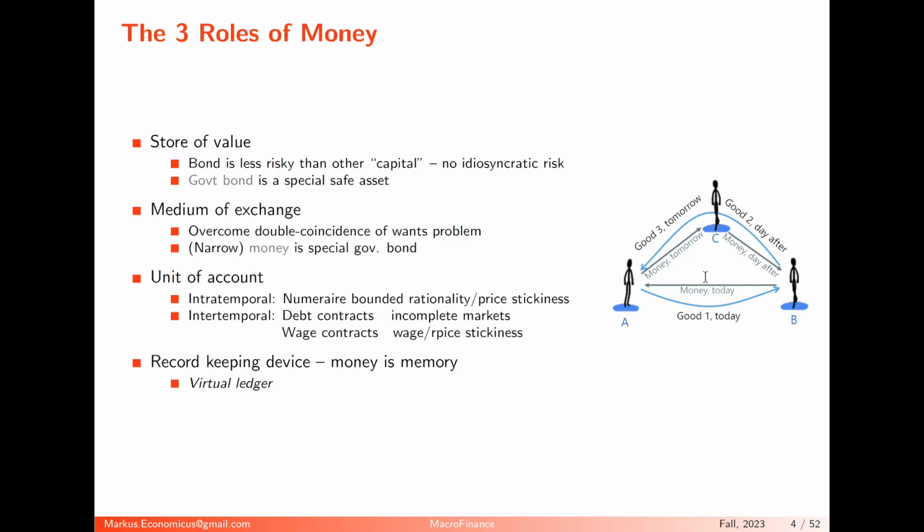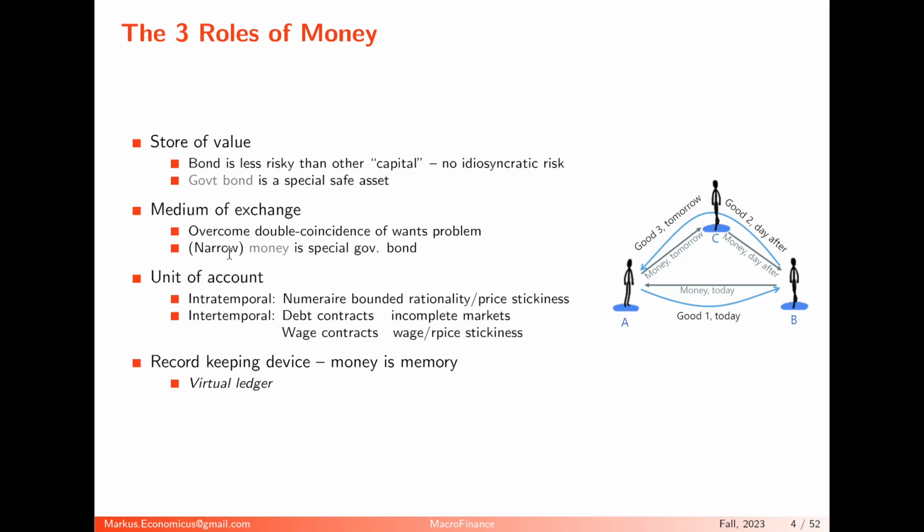So typically, what works is you introduce essentially money, and this money helps you to overcome this double coincidence of wants problem. And this service which money provides, this medium of exchange role of money, that's special to money. But the government bond doesn't provide this service. So a narrow form of money provides this service. And we will do this after next time. Today, we will focus only on government bonds, which are store of value. They're very good for that.